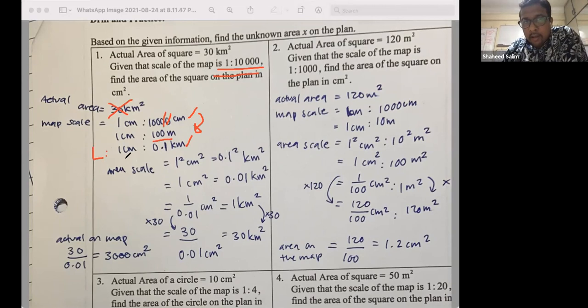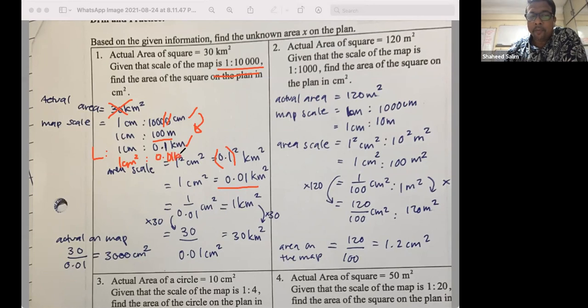What about the area scale? Very simple, just square this. 1 times 1, 1 cm square. 0.1 times 0.1, how much do you get? 0.001. You see, your teacher has squared this also. Your teacher is teaching you the same thing. So now down here becomes 0.01